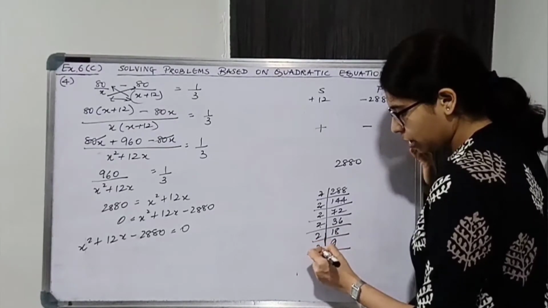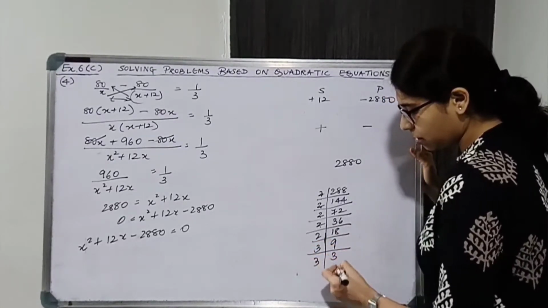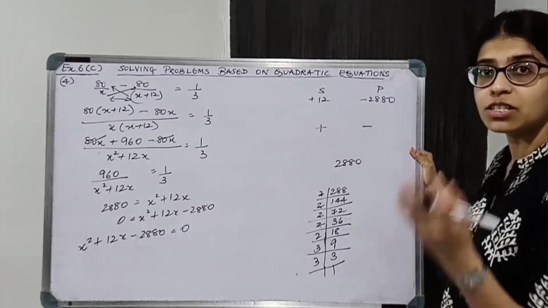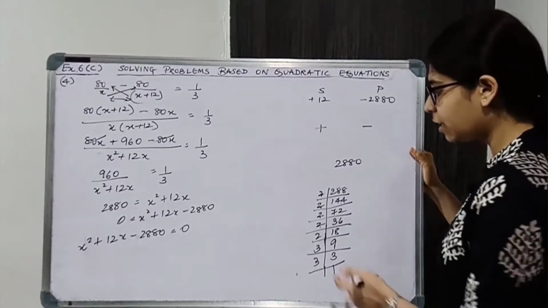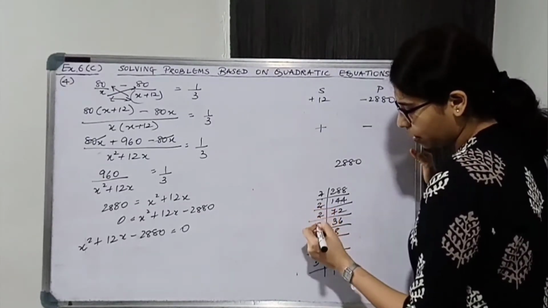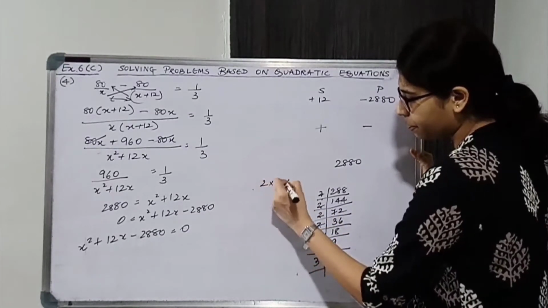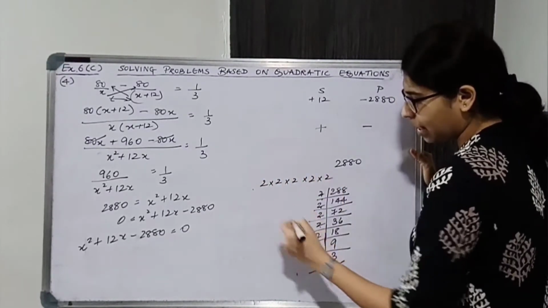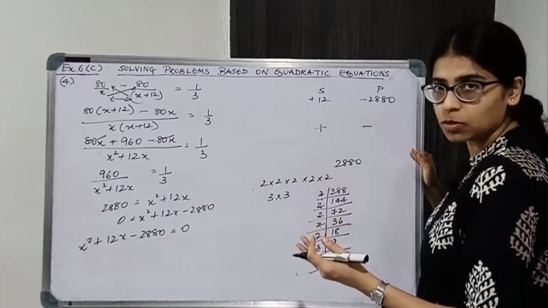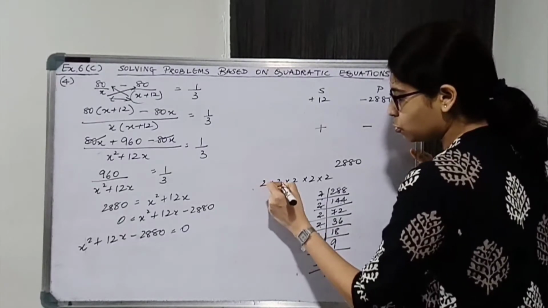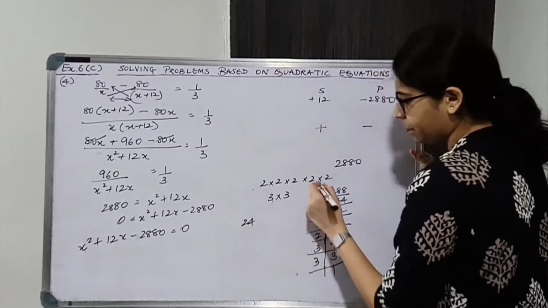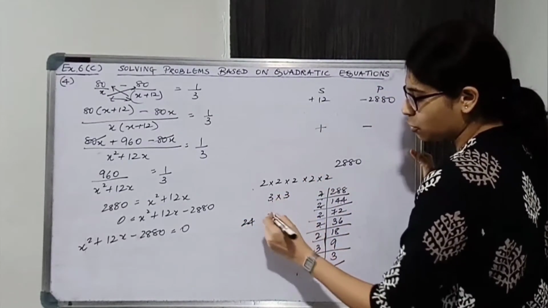So 3 3s are... 3 1s are... okay, we are not getting it. So what we need to do is just shuffle. Okay, what we do is group. So there are 1 2 3 4 5 2s and 2 3s. So let's start grouping. Okay, so 2 2s are 4, 4 2s are 8, 8 3s are 24, and 2 2s are 4, 4 3s are 12.